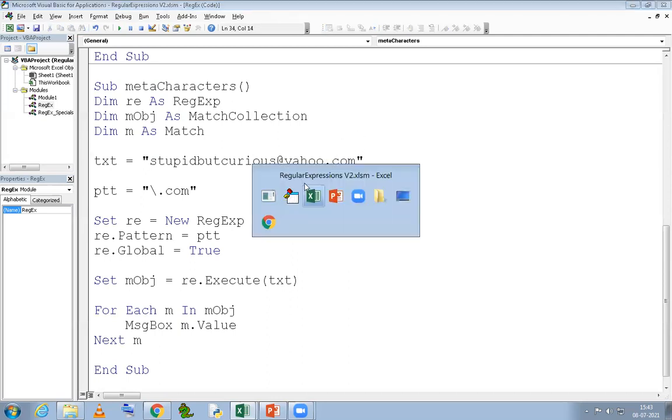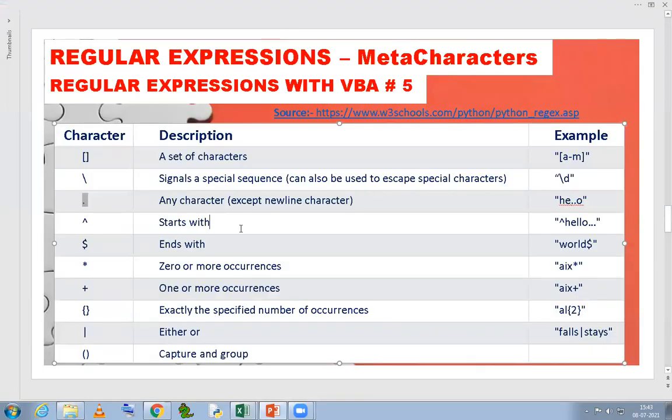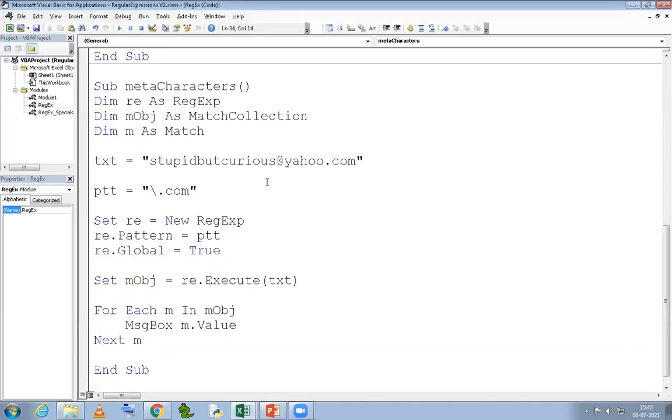In the next video, let's quickly go through the rest of the meta characters, test, run some code and understand them more. And not only this, guys, for people who are concerned that only these many examples will be used, once I have given all the lectures on regular expressions covering all the topics of regex for VBA, I will start adding different kinds of regular expression problems and solve them. I will make videos on them and keep adding them to this series.